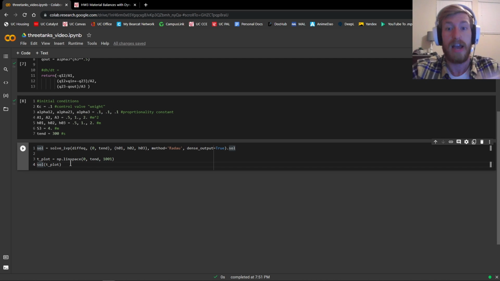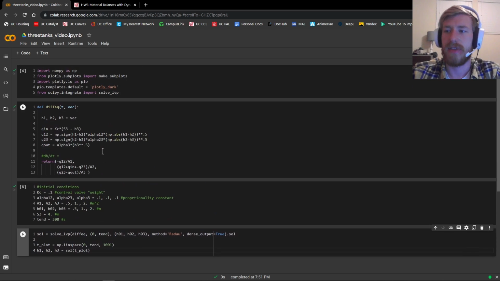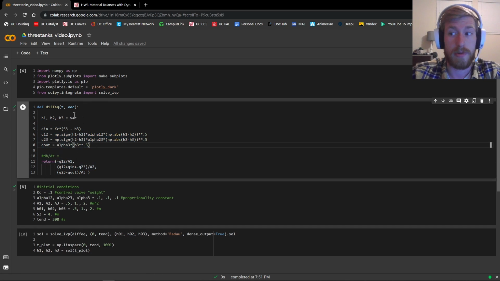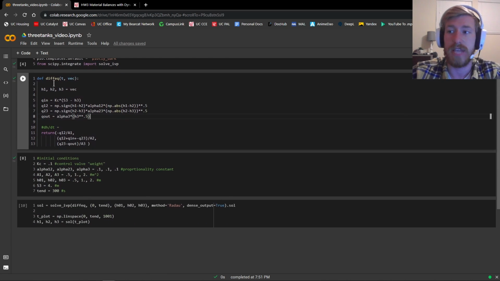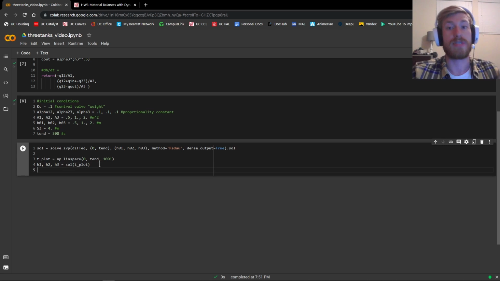Basically it would output a 3x1 matrix, and each entry in that matrix would contain a matrix of all of the height values for each tank. So we can just immediately unpack that into our height values for tank 1, our height for tank 2, and our height for tank 3. And again, remembering that because h1, h2, and h3 are defined within this function, they don't exist globally, they only exist within this function, so we can reuse h1, h2, and h3 without it causing any kind of conflict because these exist outside of the function. So we've generated the height of each of our tanks using sol in terms of t-plot, and now all we have to do is actually graph them using our plotly graphing